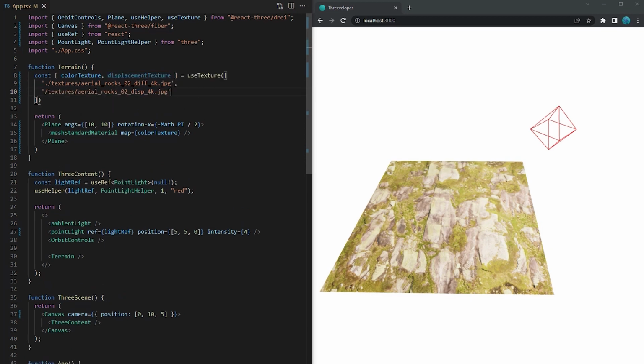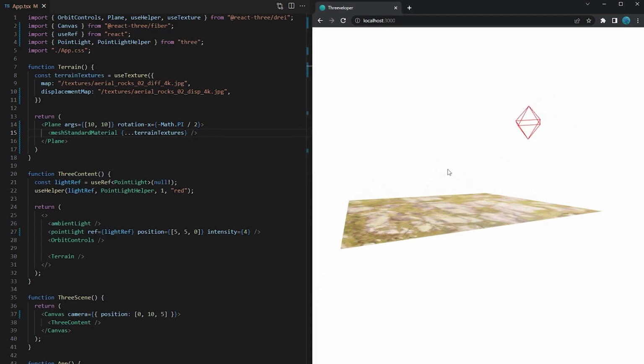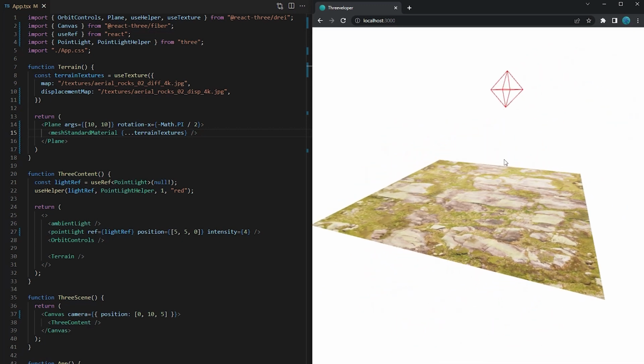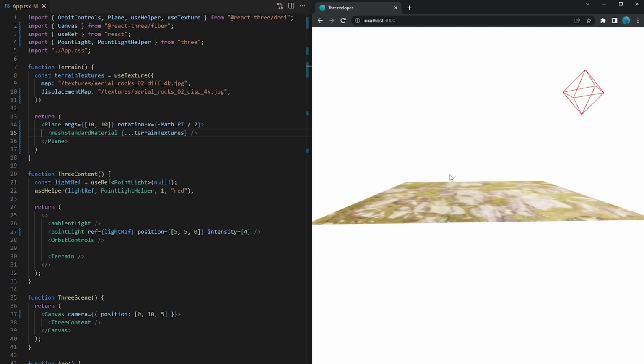Or in our case, it's even more efficient to pass an object with the property names that we are using for the mesh standard material and spread the return value in the material. So now the displacement texture also gets applied on the material using the displacement map property. But somehow the plane is still flat, and this is because of the amount of width and height segments that